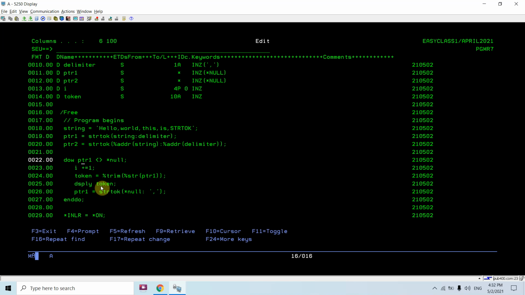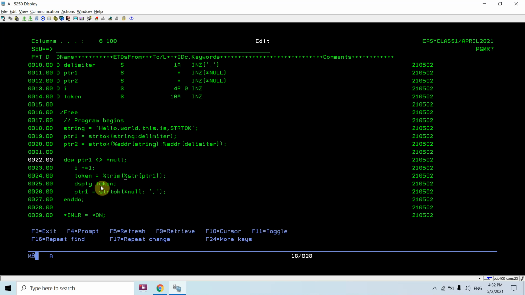So we'll apply a loop: while pointer 1 is not equal to null, we run the loop. I take a counter to show how many times tokens are received. Using this counter I can even count the number of words in that string, so it will tell me how many words there are.